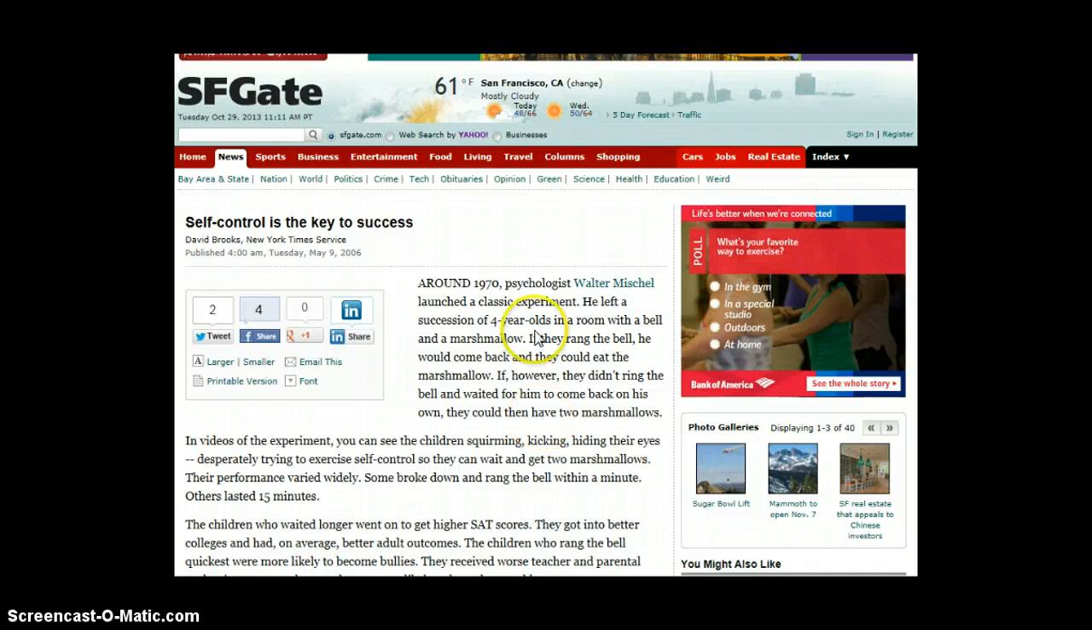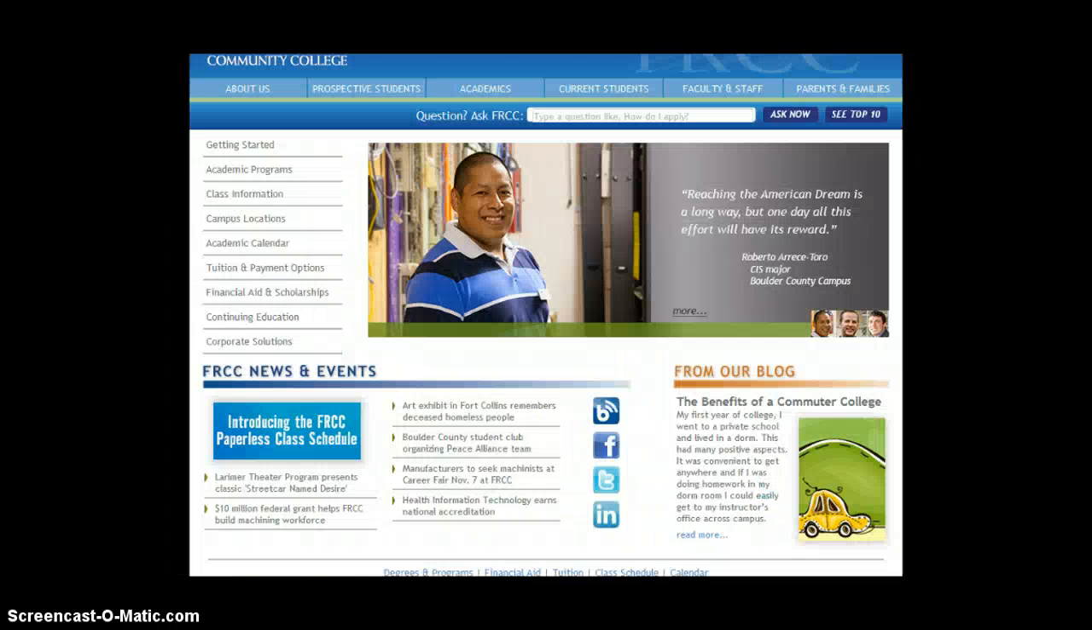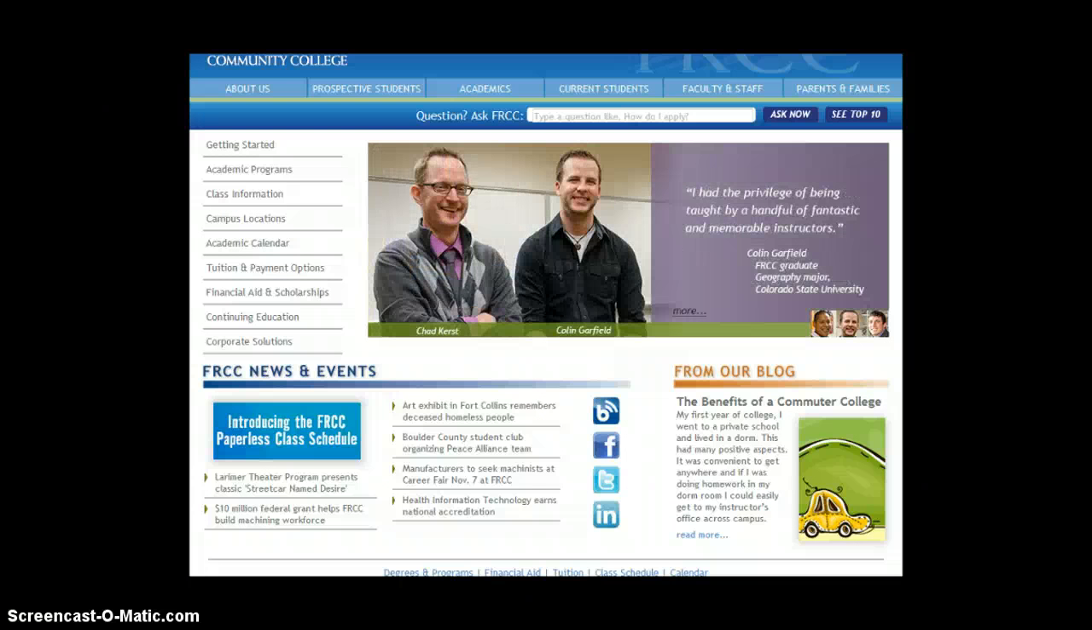I've referenced it. I've done some in-text citations for David Brooks, but now I need to create a bibliographic citation for this at the end of my essay. And so how am I going to go about doing that? And you have a couple of options. You can go to Google and do a search for how do I cite an electronic, magazine or journal article,